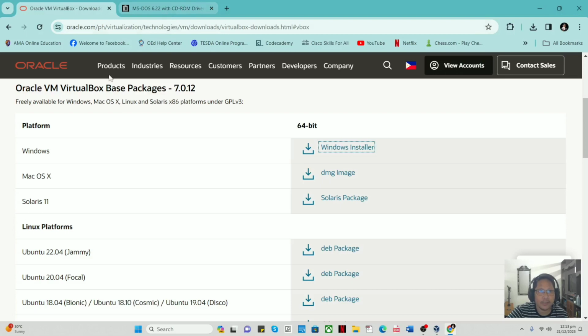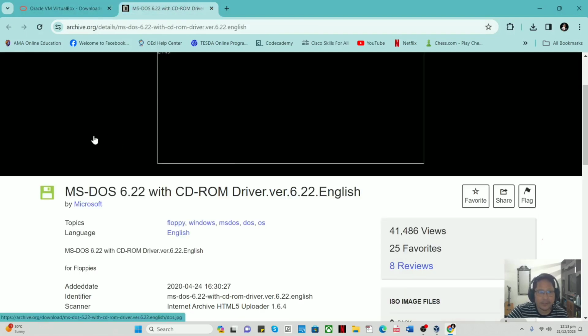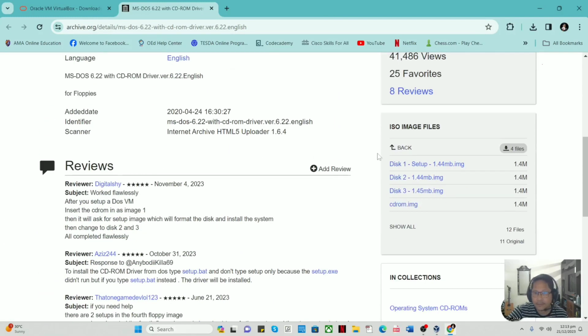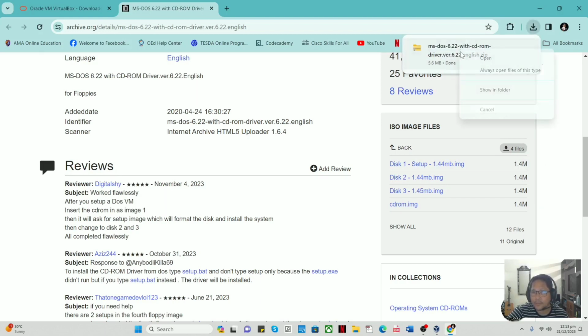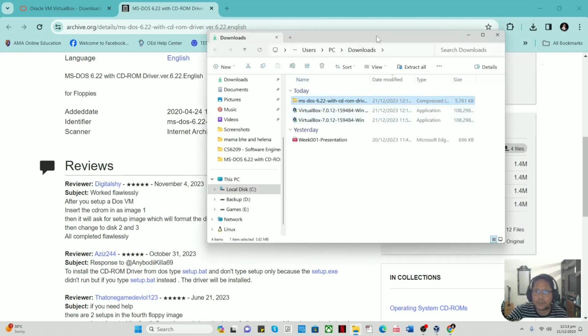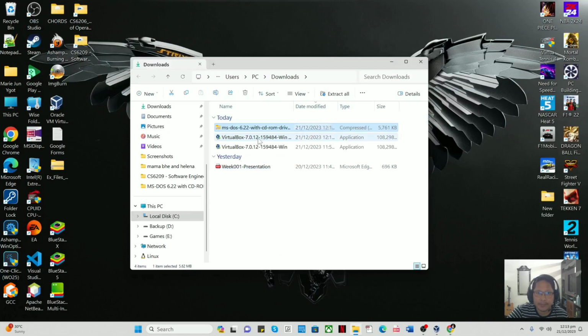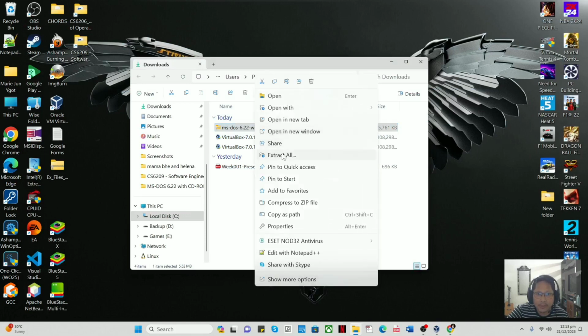MS-DOS installer. I found the installer on this website. So this one. We're going to download these 4 files here. Just click this one here, 4 files. Now it's starting. Okay, now I'm going to find this in the folder, because we're going to extract this since this is compressed. So I'm going to extract all,